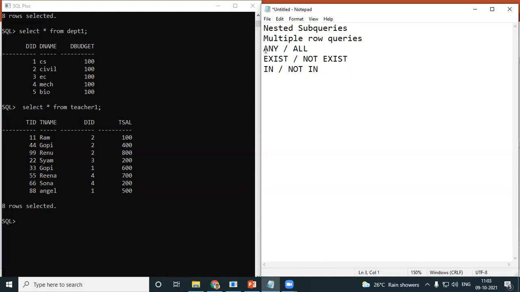Now, if you look, multiple row subqueries, using all these you can do. ANY, ALL, we are done with it. So now we will be looking into EXISTS and NOT EXISTS. And even if you look, till now we were doing it on a single table. Now, let's see, imagine you do have 2 or more tables. How will we work on it? And what do you mean by EXISTS, NOT EXISTS, IN, NOT IN? So for the time being, we'll just learn about EXISTS and NOT EXISTS first.